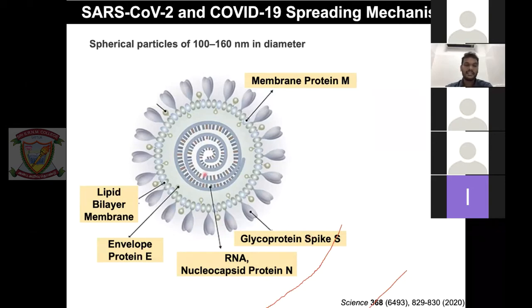And then there is the single-stranded RNA. All the single-stranded RNA is present inside the particle, and the entire RNA is protected by a protein called nucleocapsid protein. This protein protects the RNA from the external environment because RNA is quite sensitive. So if somebody asks you whether DNA or RNA is more stable, it's very easy to answer: DNA. That is why DNA is our genetic material and not RNA.